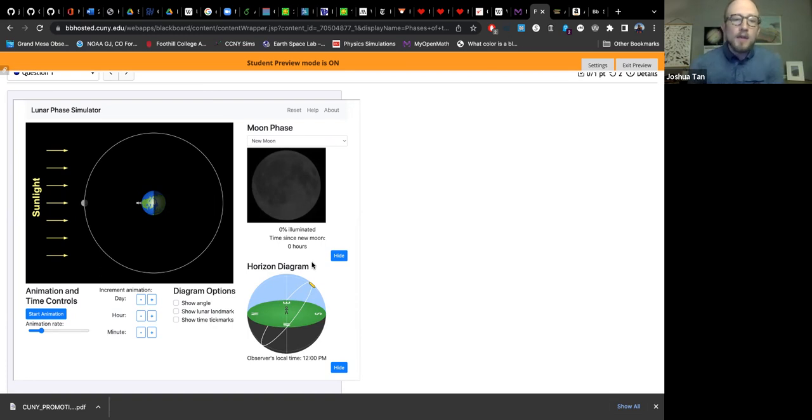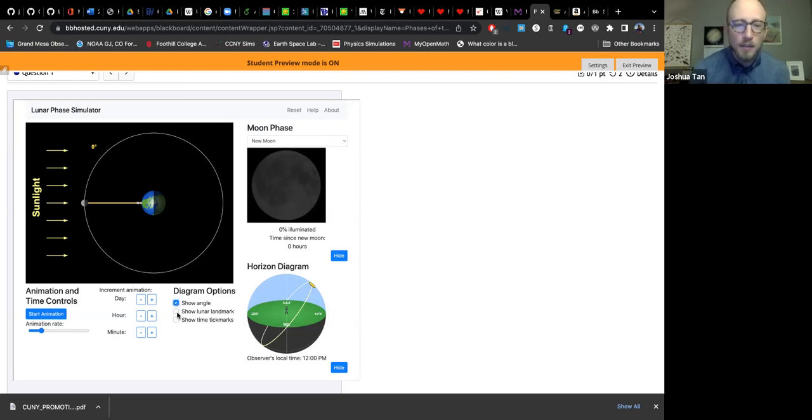And we can do some other things as well. I can show some different things in the diagram. Like I can show the angle that the moon is making as it moves around in its orbit. One cycle around should be a full 360 degrees, but you'll see that the angle might go from 180 back down to 0. And we'll discuss a little bit why that might be